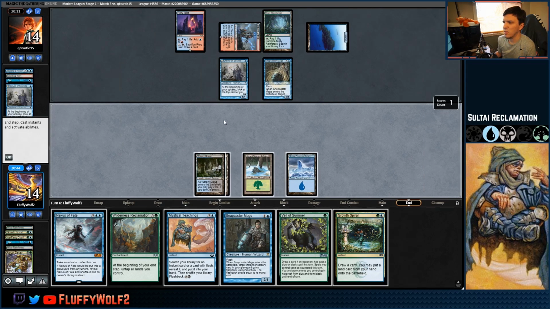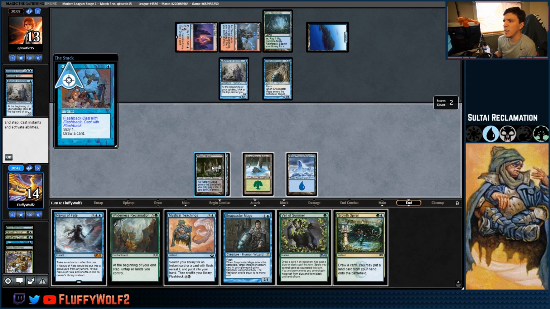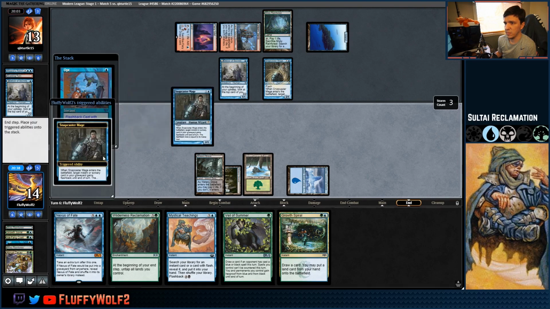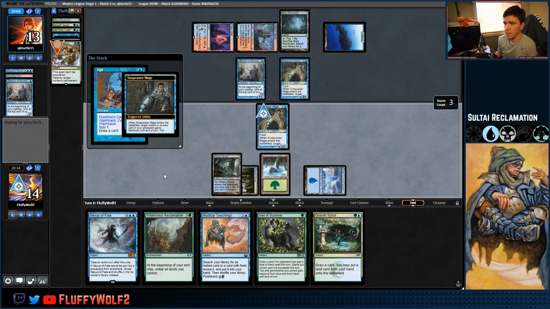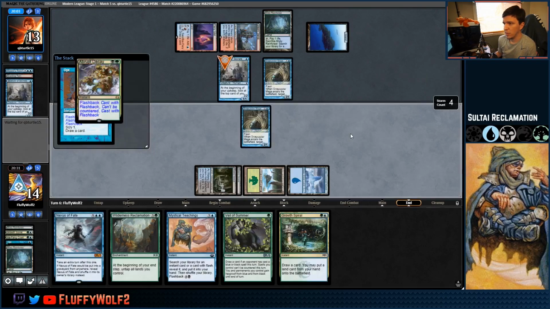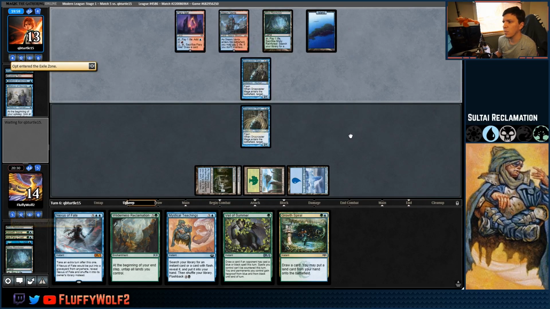I might just Snapcaster Abrupt Decay here. I kind of like the idea, and just get rid of this Delver while this Opt is on the stack. It's playing at the end of our turn, which maybe isn't ideal, but the Delvers could really hurt us. So,